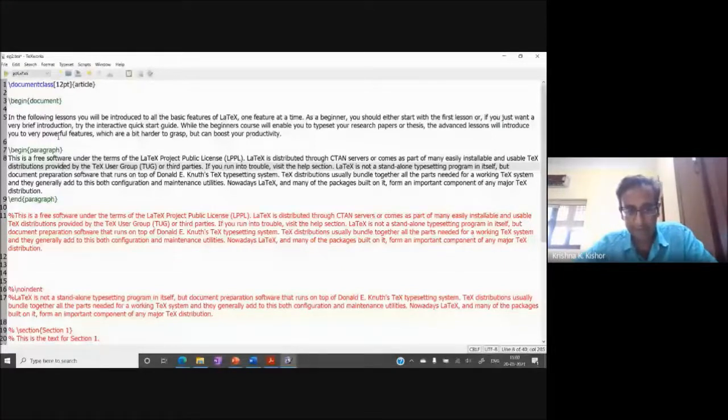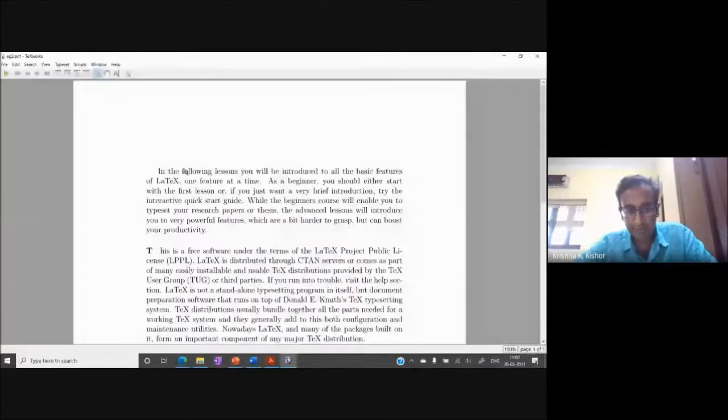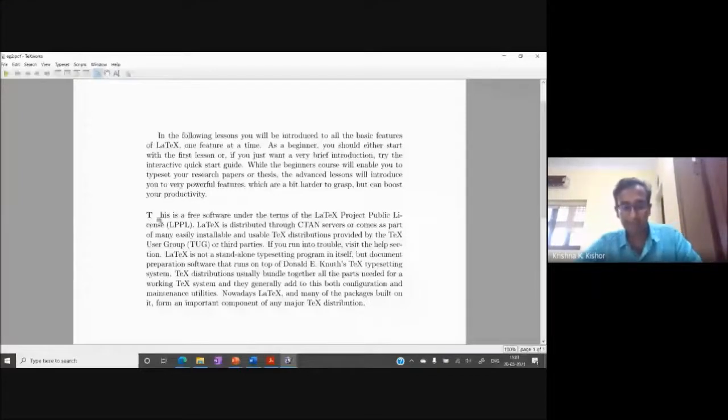Then there is an end line. And with this paragraph, the first letter gets into this kind of a style. The first letter is emphasized, and you'll see this in some books as well. So this is what happens when you use this paragraph. I have not used this as much. I typically don't use it.